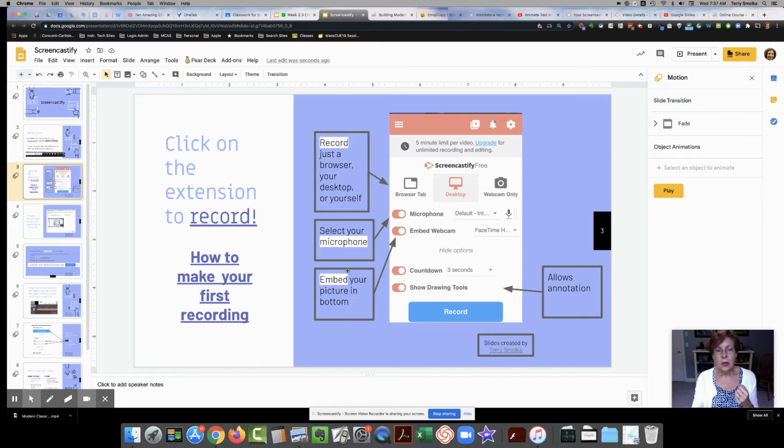So there are a couple of tools within Google Slides that you might want to take advantage of as well, and one of them is located here. You see this line. If you click here, you've got a lot of different lines, and you also have shapes as well. But this very last one is scribble, which means you can do whatever you want. So once you click scribble, you get a crosshair. And now, if I really wanted you to notice that this is the countdown 3 seconds, I can highlight it